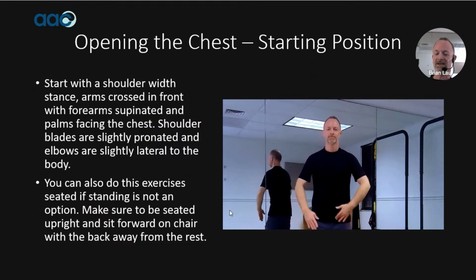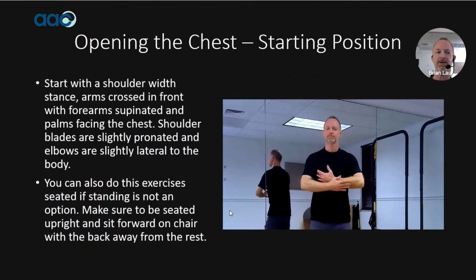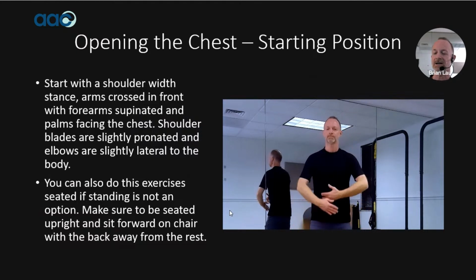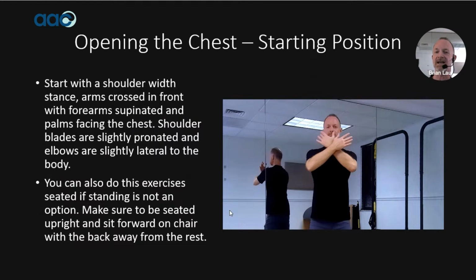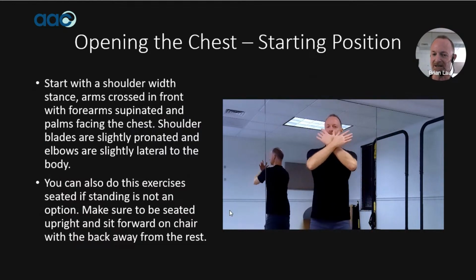I did mention that you're standing at shoulder width. This exercise works perfectly well seated if you're working with a patient or yourself and you have mobility issues and aren't able to stand, even somebody in a wheelchair. When I work with people seated, I have them slide forward, sitting on their sit bones, sitting upright, away from the seat, so their sit bones basically serve as their feet, and they're able to have an upright posture in the same way that I have an upright posture in the standing version.